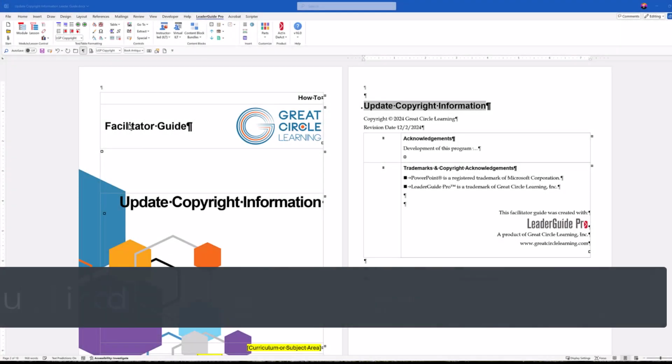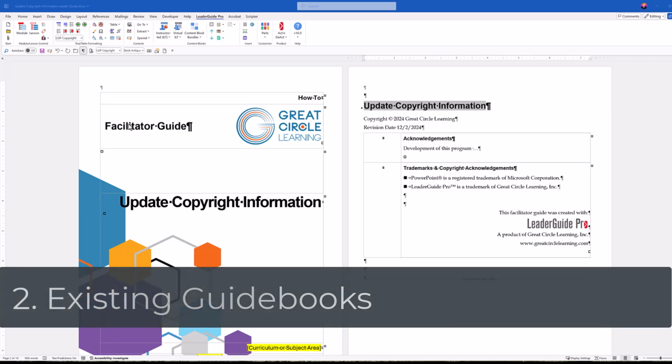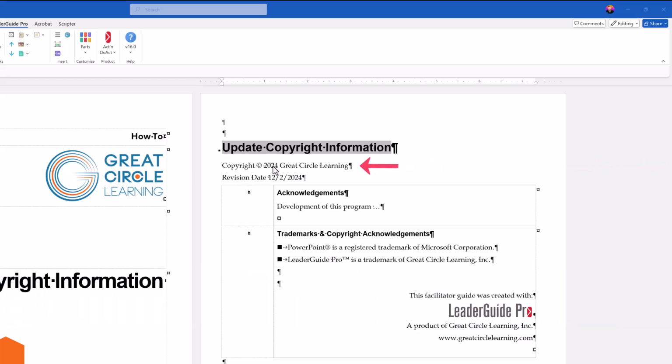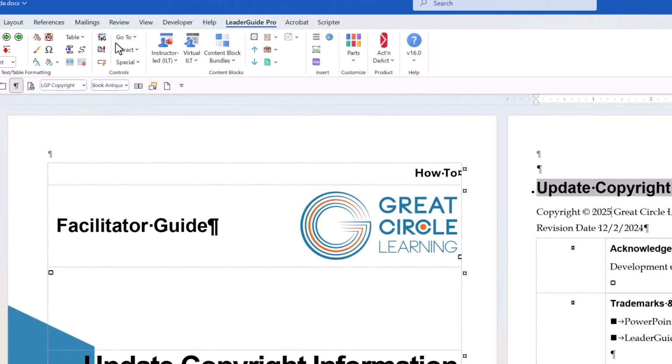To update the copyright information on an existing guidebook, we need to navigate to the second page, which is the Acknowledgments page. And up at the top, there is a field where it shows the copyright. Simple enough. Come through, make whatever changes you need to for the copyright,